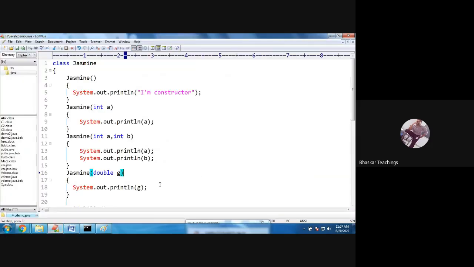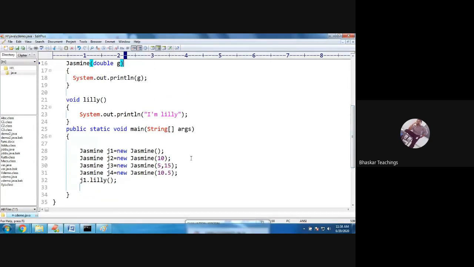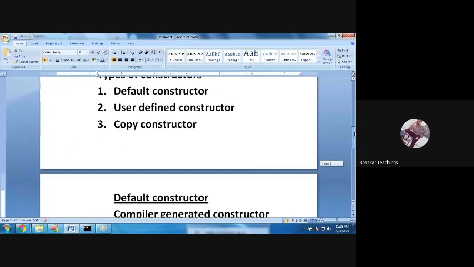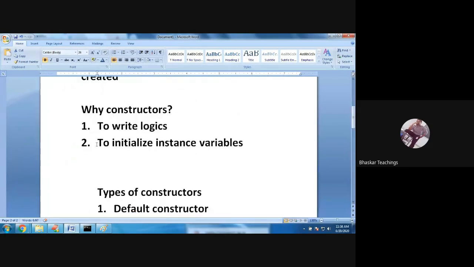So you have to pass the arguments depending on which constructor you want to get executed. Till now I haven't touched this point, the purpose of constructors is to initialize instance variables. I'm just giving examples for this point only. We shall see this later.